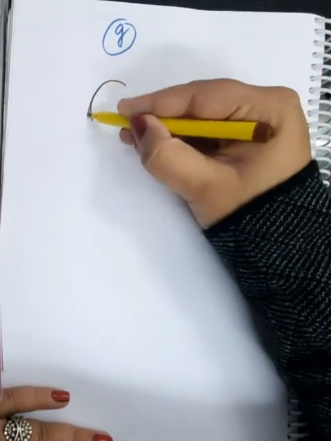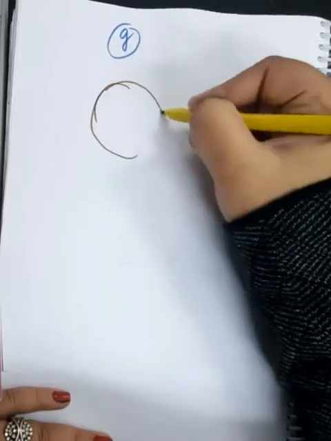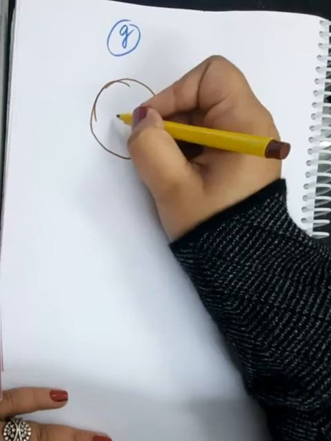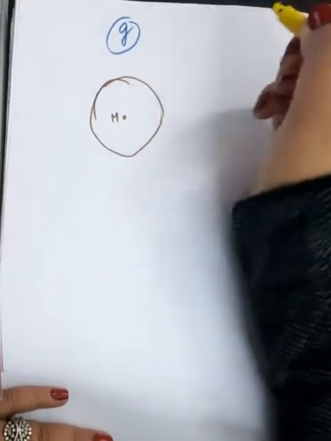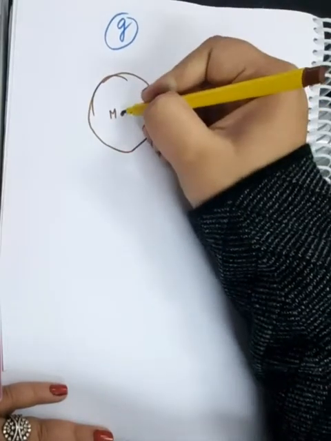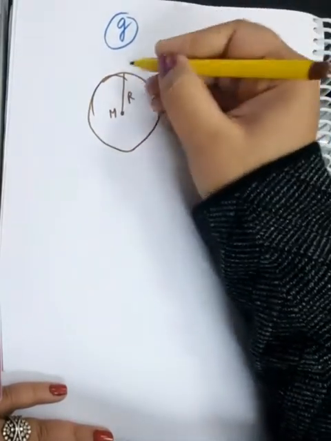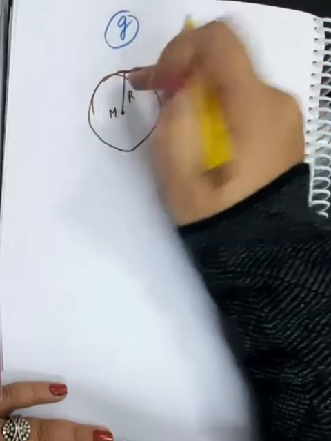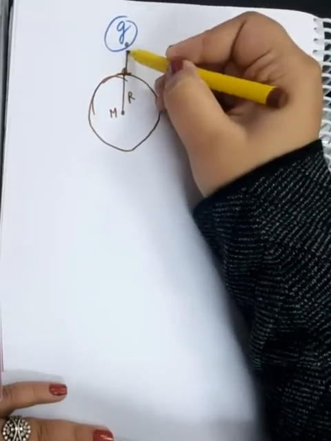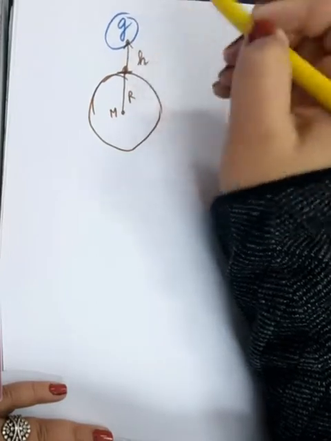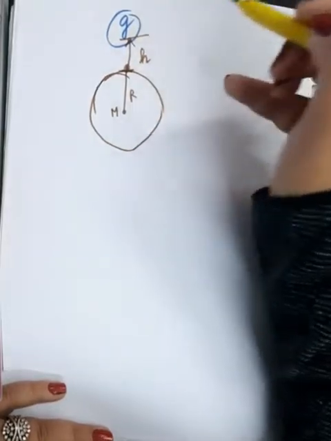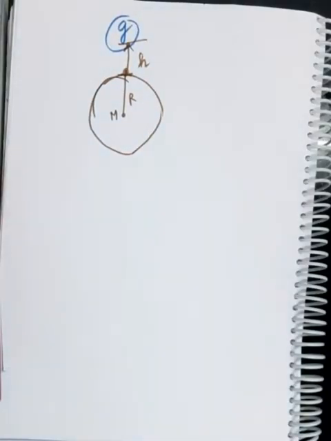To understand that, suppose this is Earth, this is its center, and the mass of the Earth is located entirely at its center. This is the radius of the Earth, and this is the surface of the Earth, right? When you raise an object up to a certain height, that height is h. This is the same object and you have raised it up to a certain height.